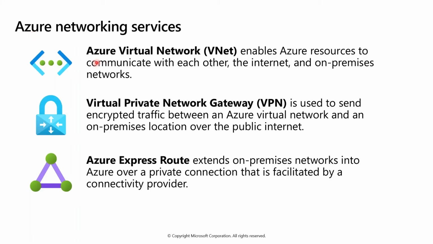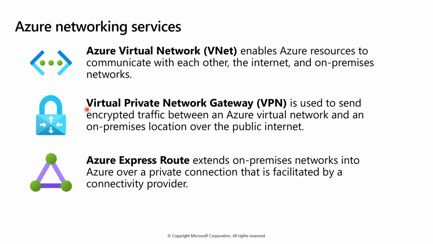And for that, you have Azure Virtual Networks. This enables your Azure resources to communicate with each other, the internet, or the on-premises network. Creating a virtual network is like, if there are two machines within a single virtual network, they can obviously communicate with each other. And if you want to separate those two machines, then you can keep them in different virtual networks, where the traffic for them will not be able to communicate.